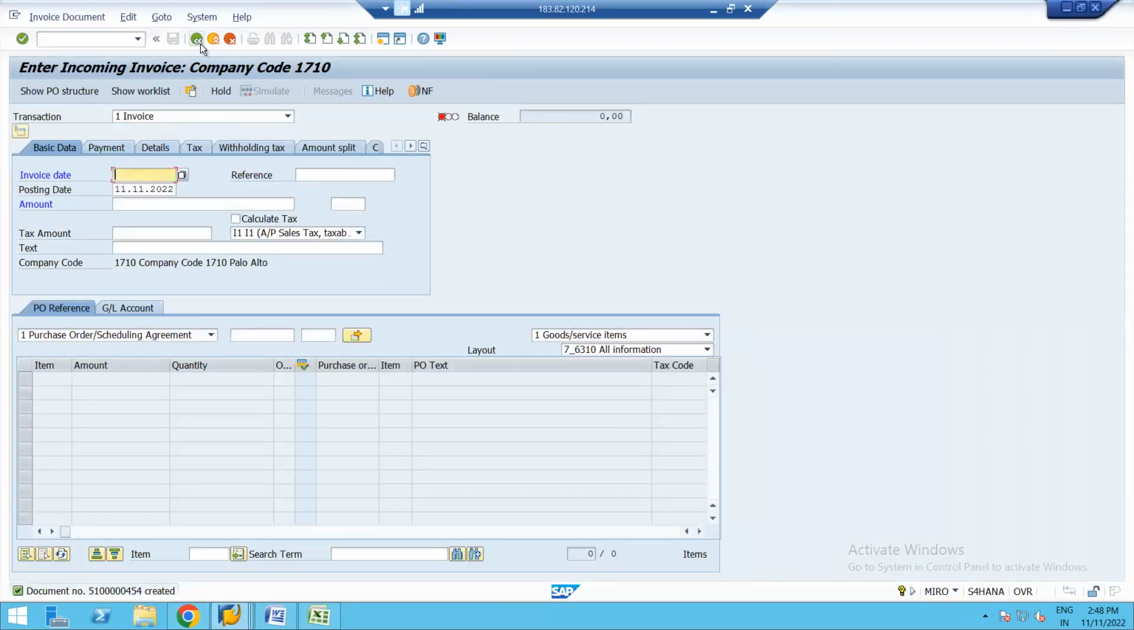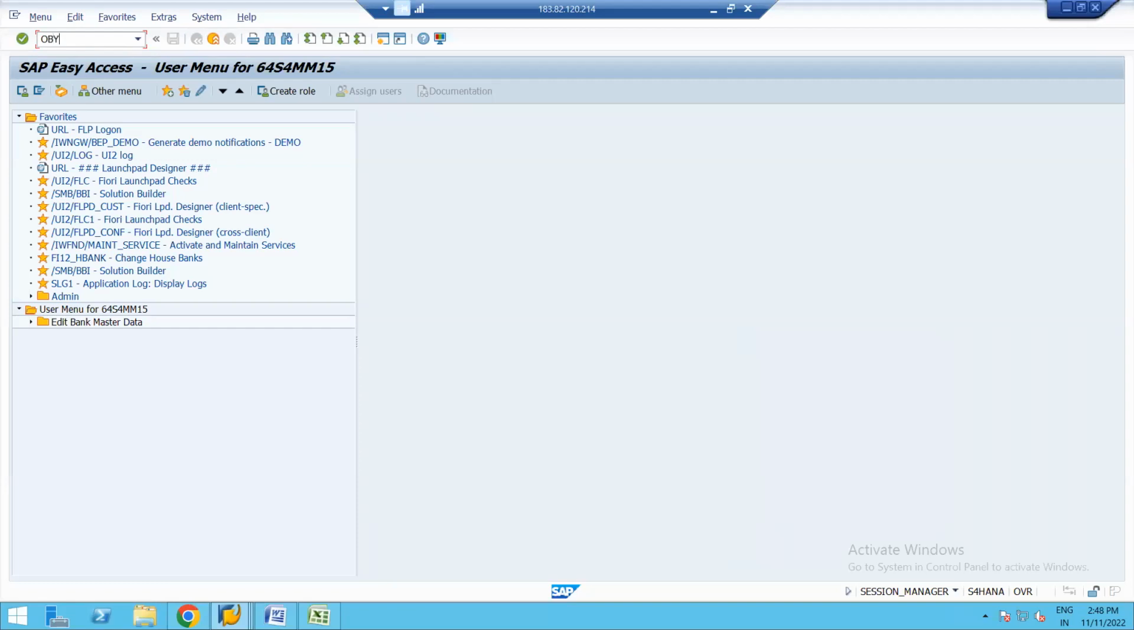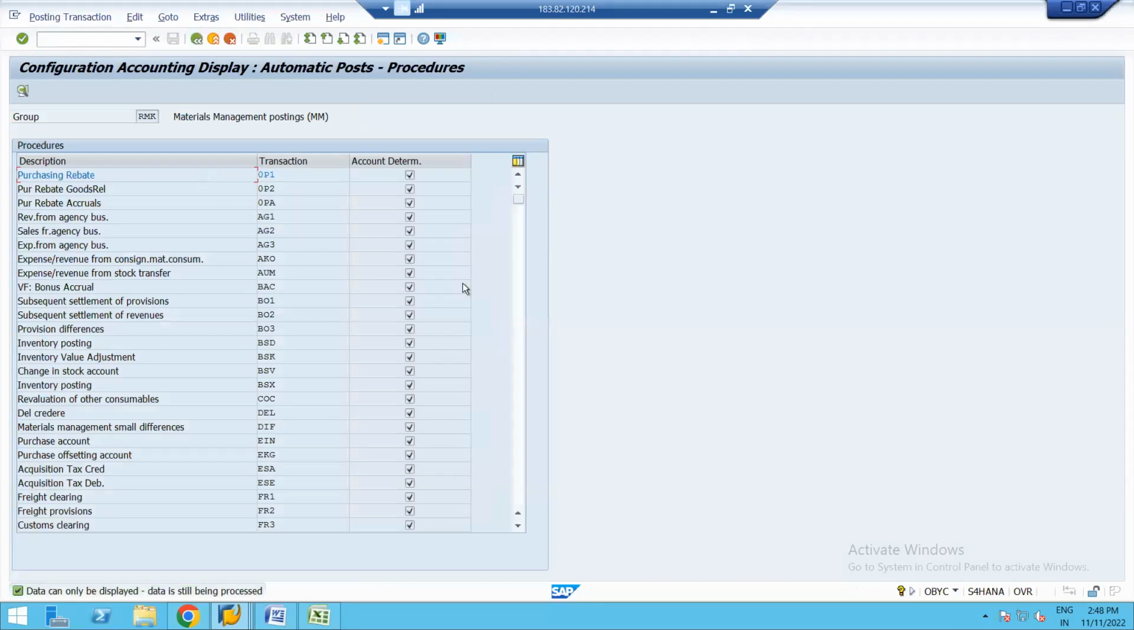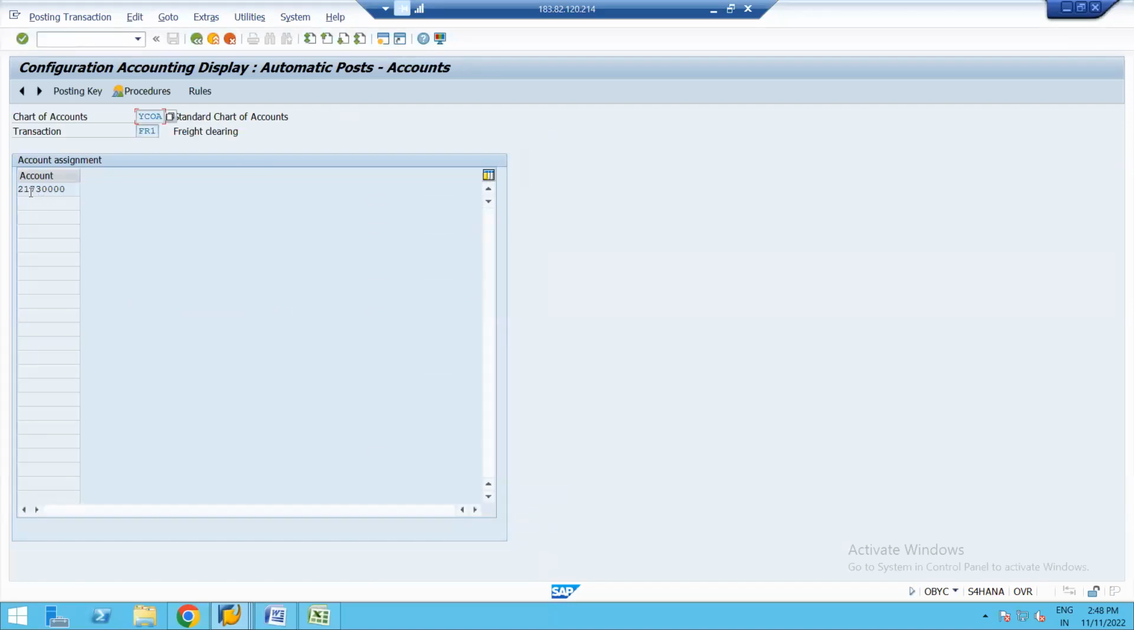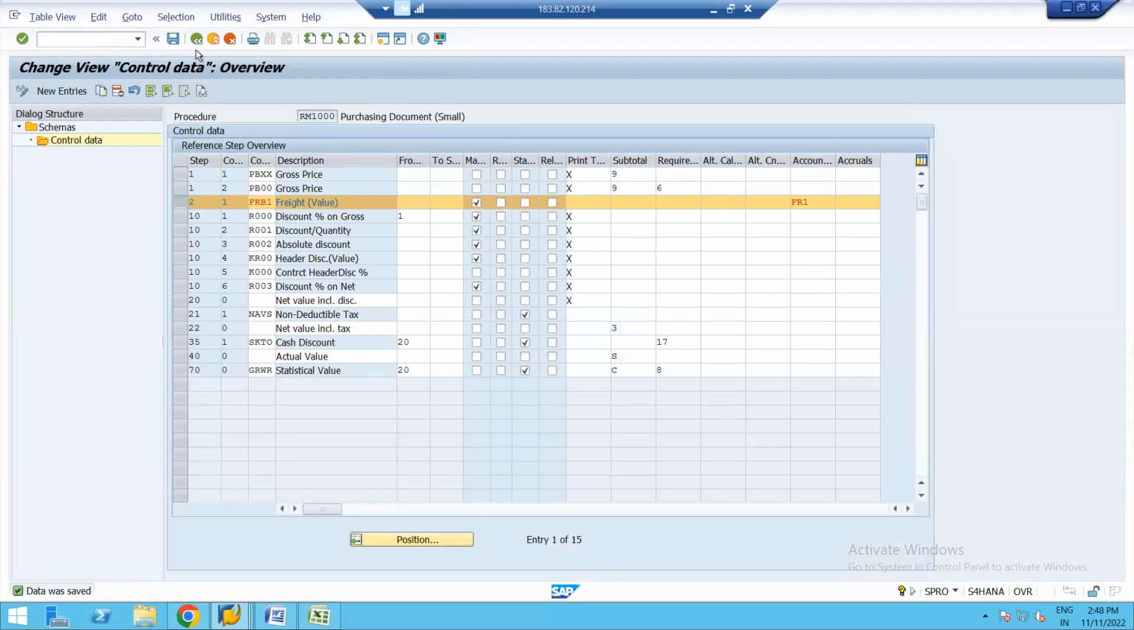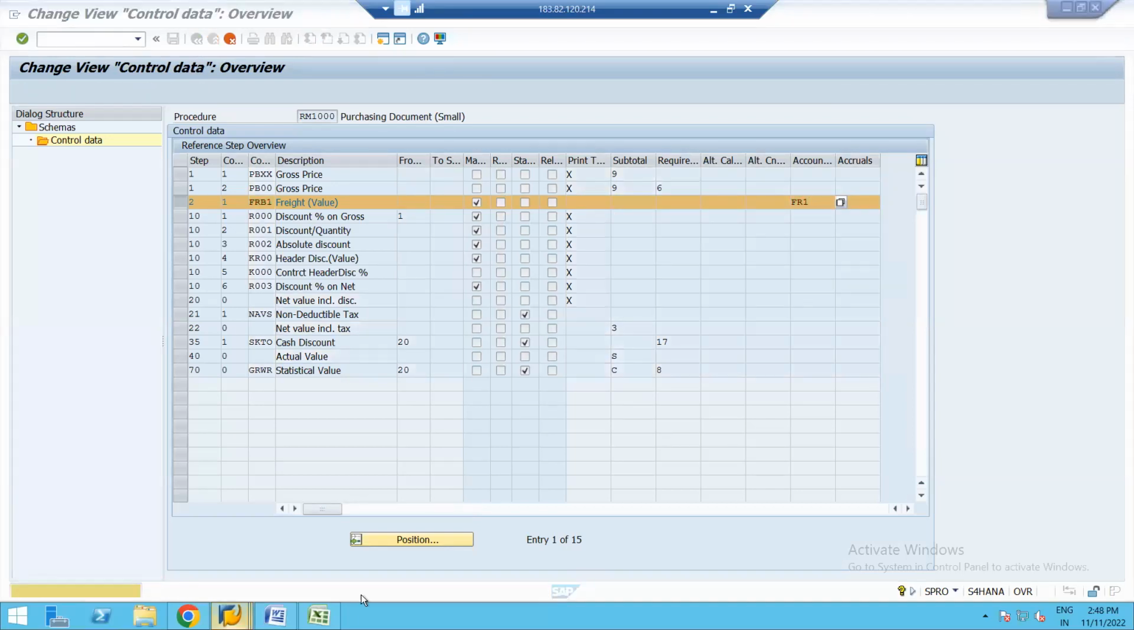Let us quickly go to OBYC. We are going to understand this in our next lecture on valuation and account assignment. Can you see this freight clearing FR1? I'm just double clicking this. This is the chart of accounts. This holds all the GL accounts, cost centers, profit centers, and these transaction event keys in it. And this is the GL account which will get triggered when we are posting some freight values in the PO. Okay, so now let us go to the purchase order